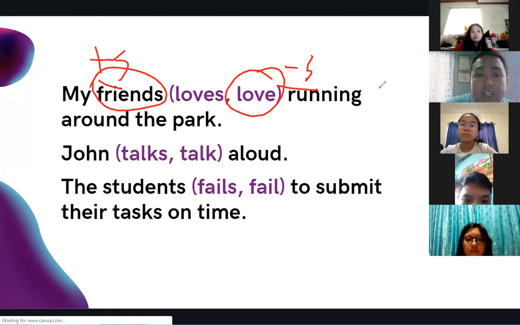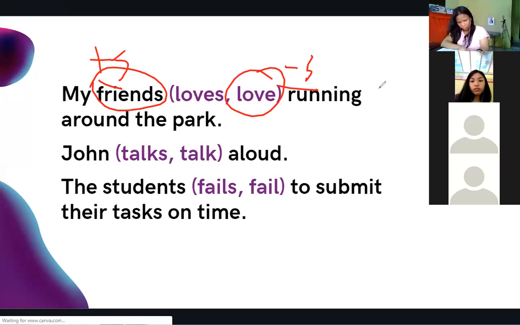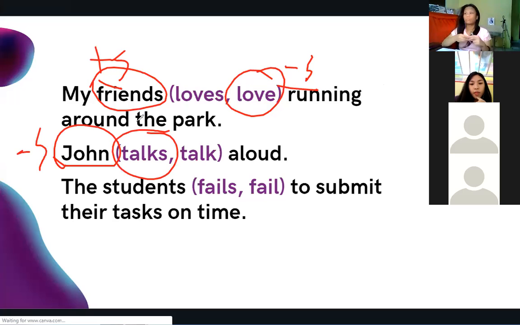Do you get it? Now, this is not a comprehensive explanation, but it is more of a visual representation, okay? Para mas maintindihan natin because we're all visual learners. Na pag nakita ka ng S sa subject, dapat yung verb mo, wala na siyang S. Okay? So that's the basic formula. That's why in number 2, John, singular siya, may S sa dulo, wala po. Minus S. So ano dapat yung verb niya? Merong S. Kaya ang tamang sagot ay talks.